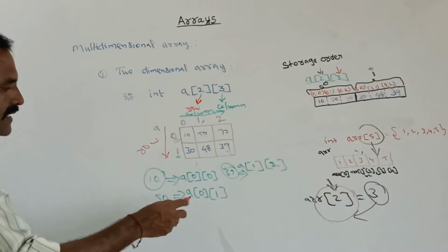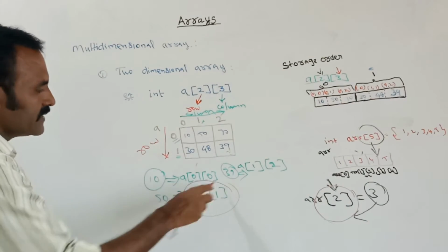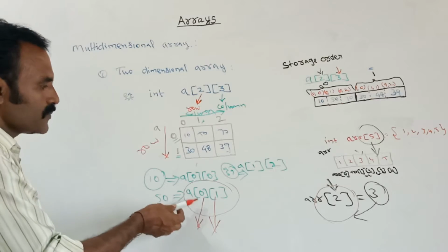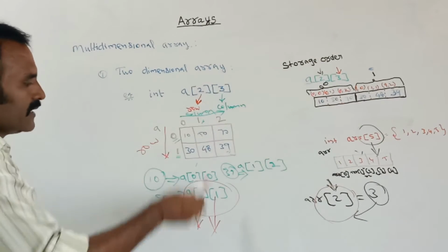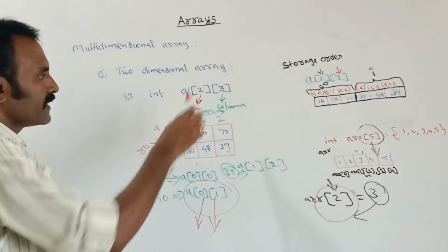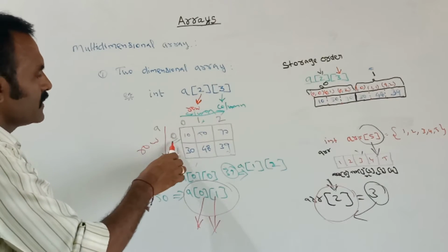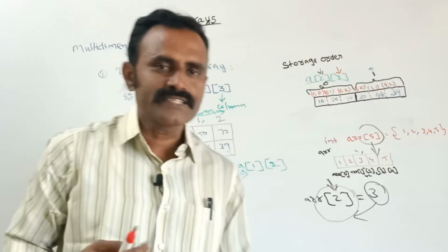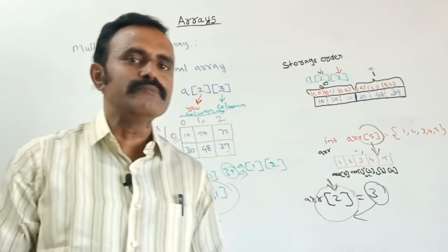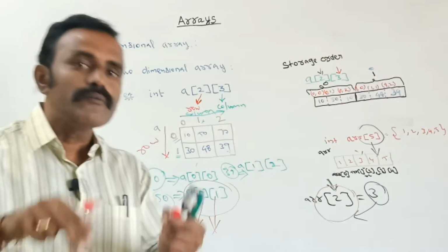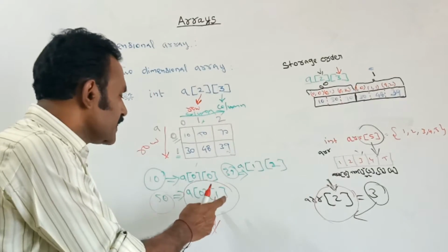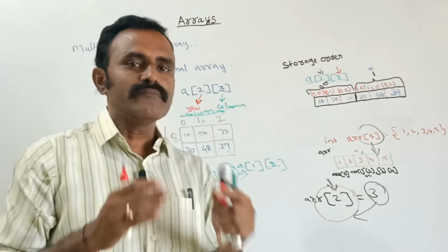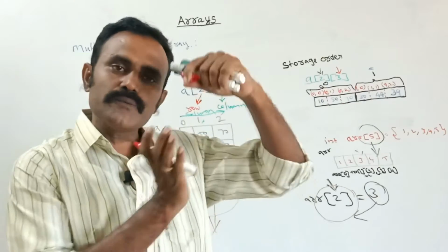For a multi-dimensional array, for example you take this one, each and every time we should access it by 2 positions. The first position is the first subscript value, and the second position is the second subscript value. Here 0, 1 means at the 0th row, first column, the value is 50. So we can access it like this. Similarly, if we want to store some element to a particular position, there also we should mention this. In a 2-dimensional array, by mentioning the row and column, we can store the element to that particular position.